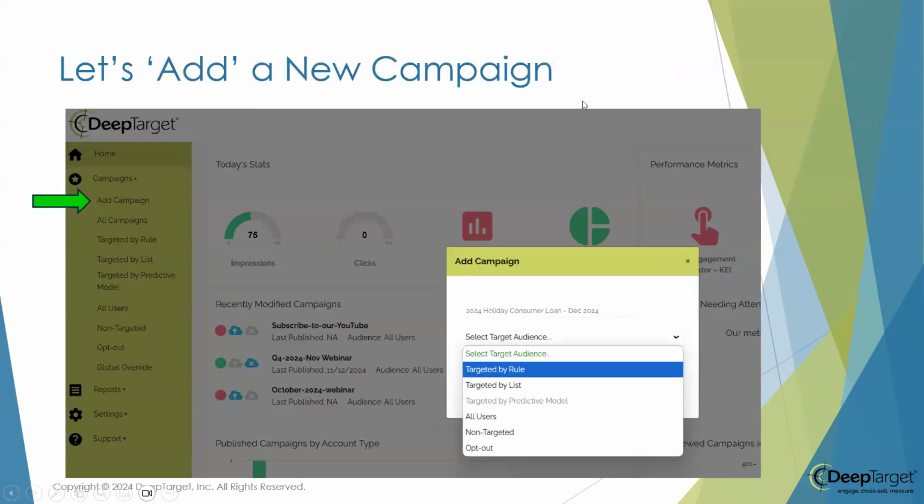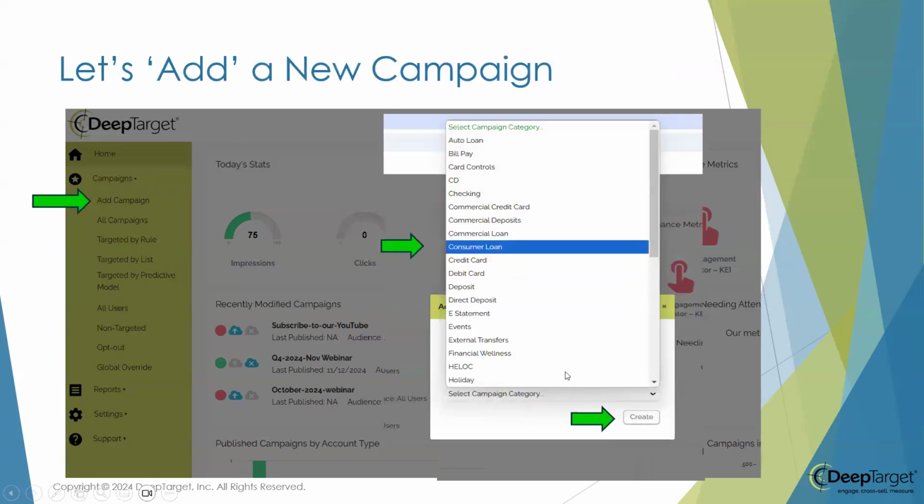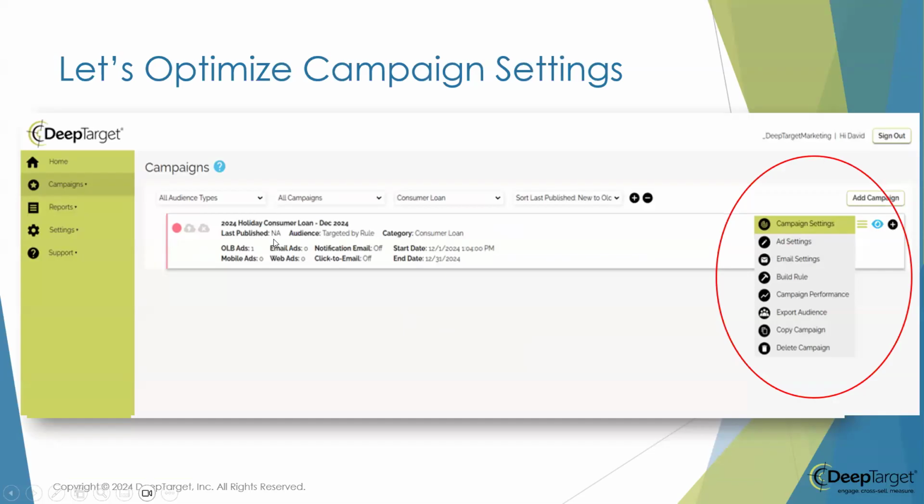So let's add a new campaign. How easy is that? Underneath the campaigns pull down, all we're going to do is hit add campaign. It's going to display this small menu. We're going to enter a 2024 holiday consumer loan for December 2024. We're going to do a pull down and select target by rule. We're then going to select a campaign category, which in this case, we're going to make a consumer loan selection, and then we're going to create. And as soon as we do that, it's going to put a campaign out in our campaign list, our consumer loan campaign,